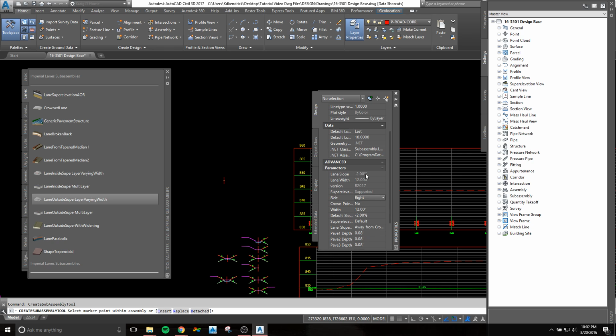I'll go right first. It's -2%. The lane width is 12. I'm going to make that 11. And then here are all the different depths, and you can do this after or before. I'll go ahead and do this before. A lot of these aren't needed, so I'll get rid of most all of these. If you do have a pavement section that is very complex, then you would have different depths of these. We'll make this one 0.35 and this one